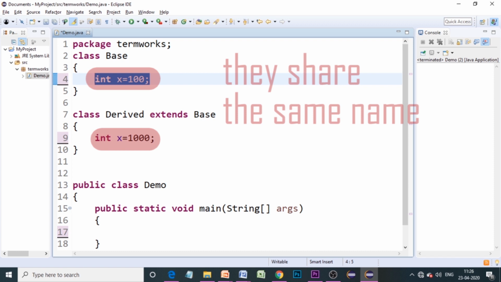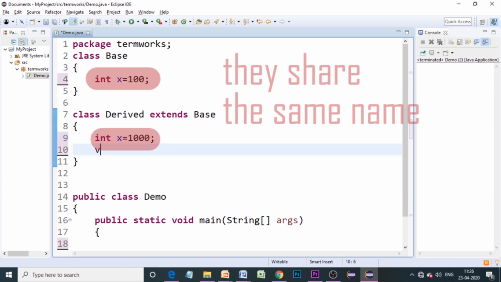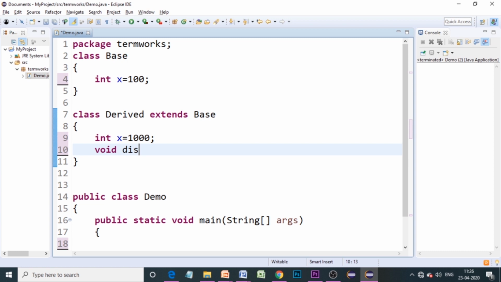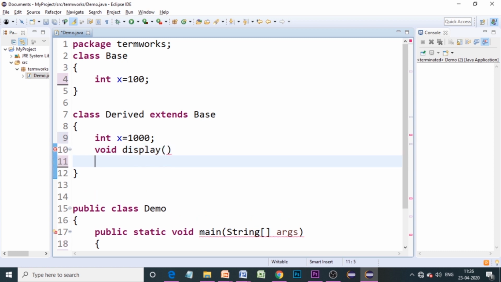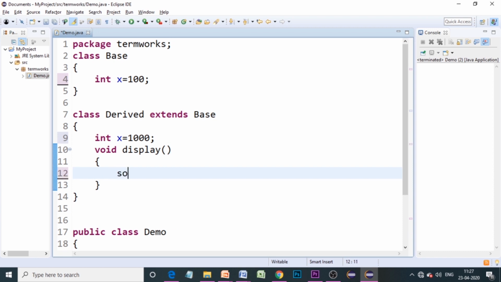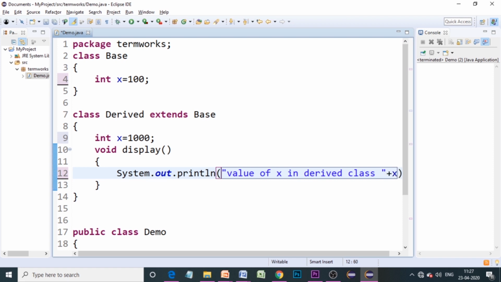And now let's display this. I will use a method called display to print the value of x here, System.out.println, value of x in derived class. So let's print this x.